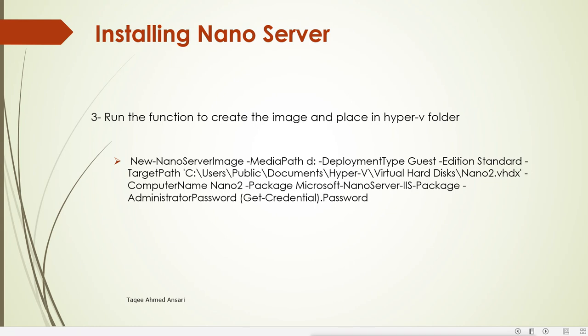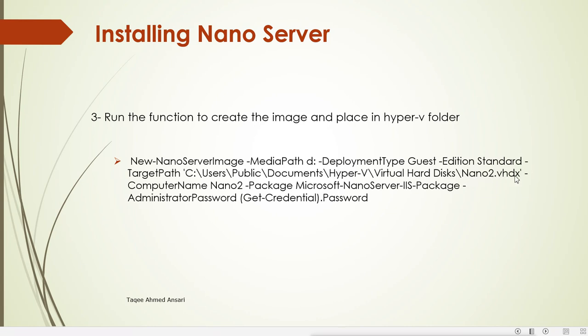Then the next option is the target path. Target path means where we want to create this virtual hard disk. So here you will mention the path where we are storing the virtual disks of the Hyper-V virtual machines, and then we will mention the name for our Nano Server virtual disk. You can mention any name, nano1 or nano2, whatever, .vhdx.